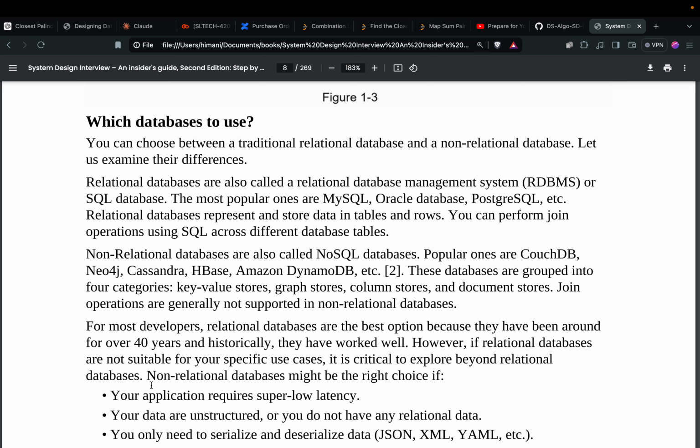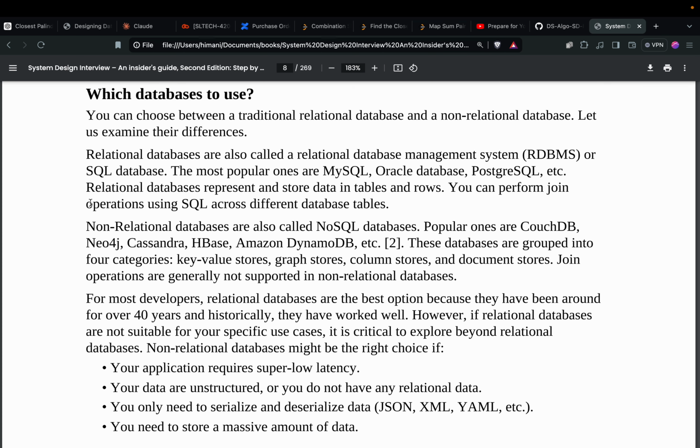You can choose between a traditional relational database and a non-relational database. Let us examine their differences. Relational databases are also called relational database management systems, RDBMS, or SQL databases. The most popular ones are MySQL, Oracle database, and PostgreSQL database,